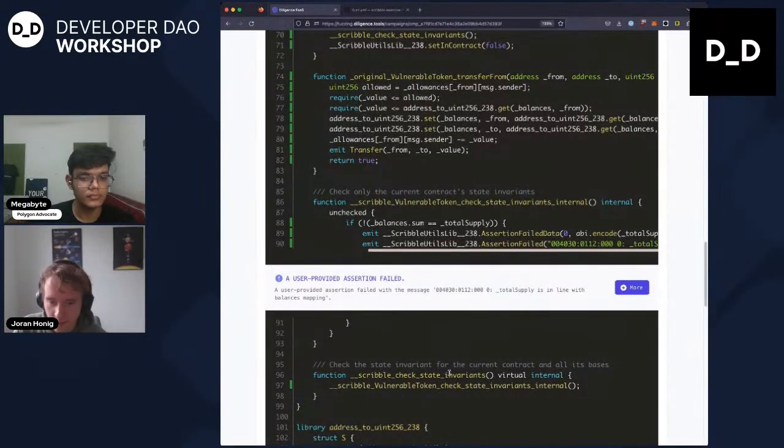And this is the function that will be called at the end of every function, so make sure that the invariants are maintained. You can see here the check is balance sum equals total supply. And yeah, so we know which property is violated now, but we don't have much to go on to figure out